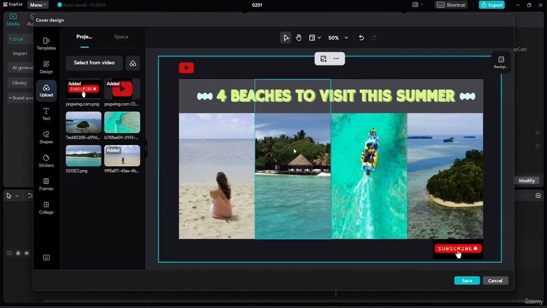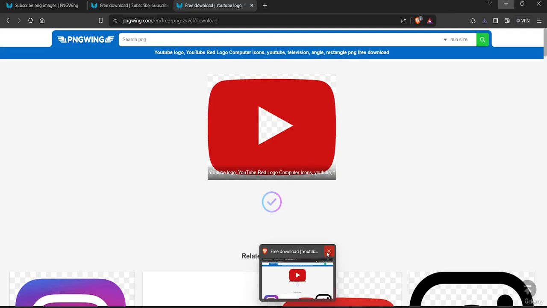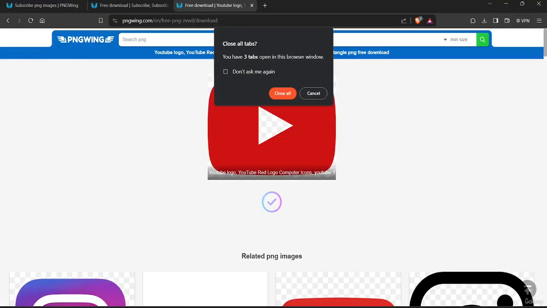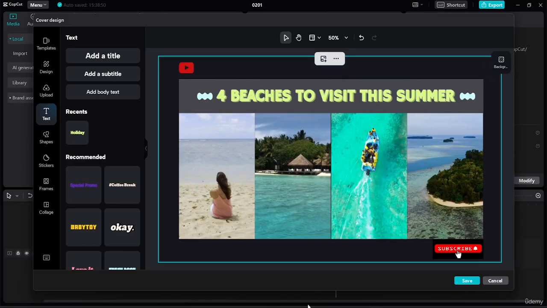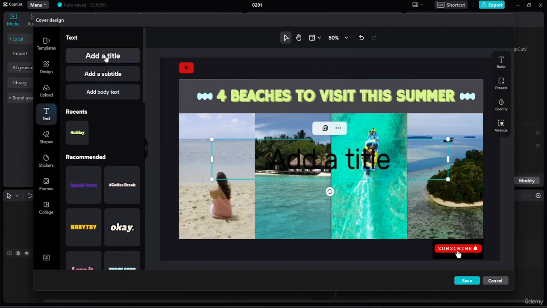Once I am done over here, what I can do is take this particular text box. Let's come here onto this text option. Let's delete this part, delete this page, and I will close all. Now from here, let's take a text box. Once I have selected this particular text box,